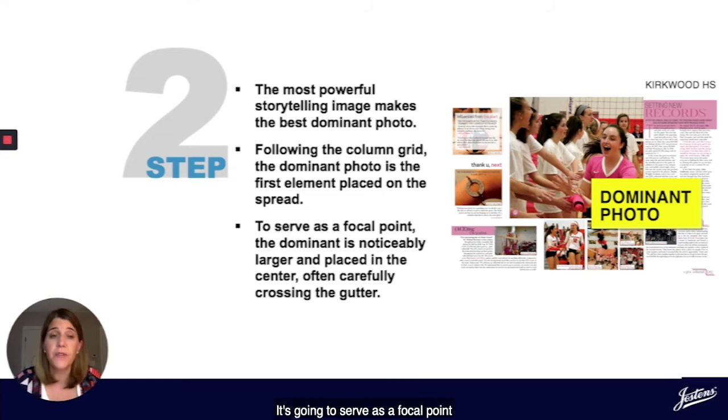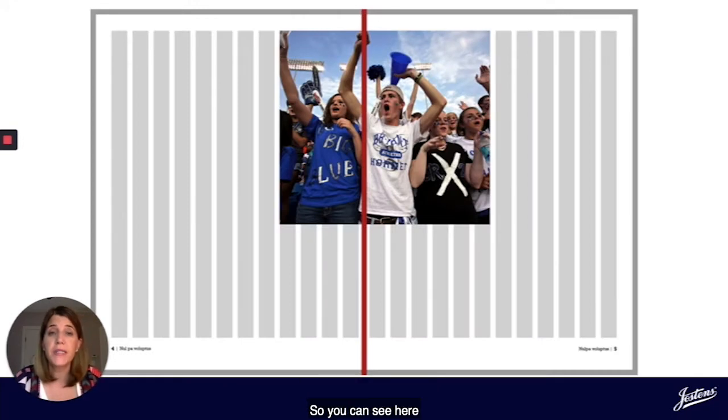It's going to serve as a focal point, and it's going to link the left and right side of my spread. So you can see here that this was placed on the column grids. Notice that it's not directly in my gutter. And the reason for that, well, there are a number of reasons for it, but one reason is oftentimes there's something really important in the center of a photo, and you don't want to lose that in the gutter. You also kind of want to have things be a little bit asymmetric on the left and right side